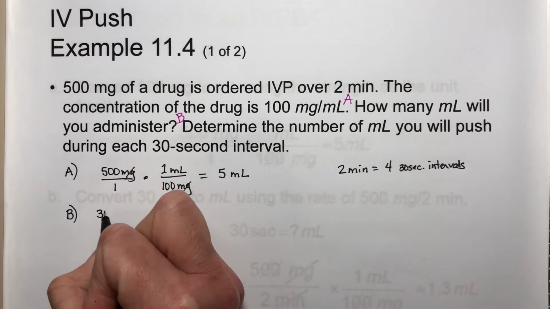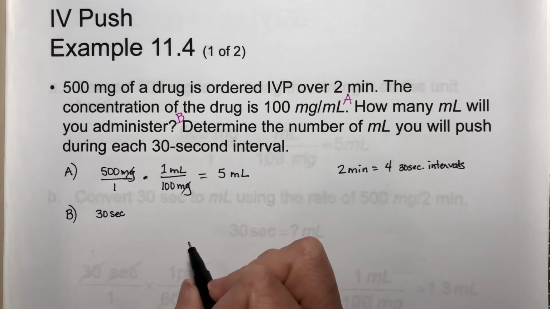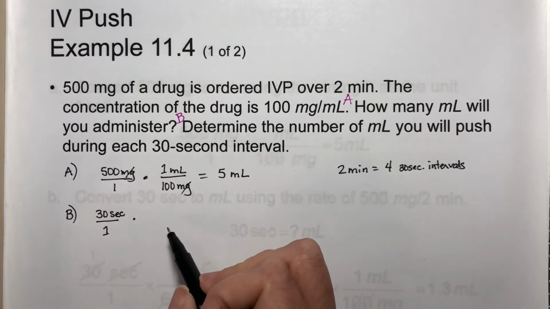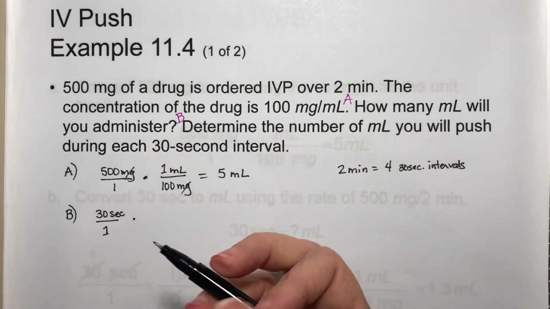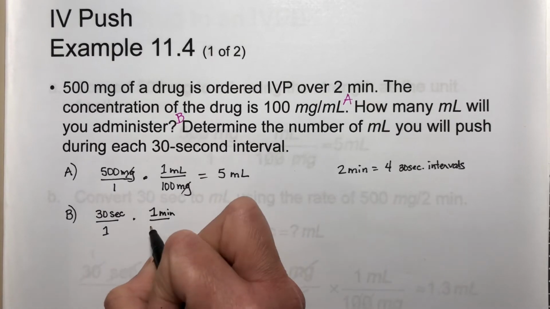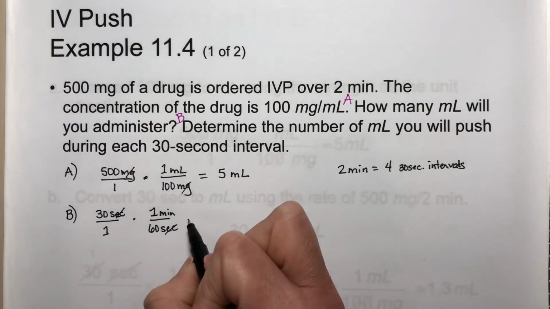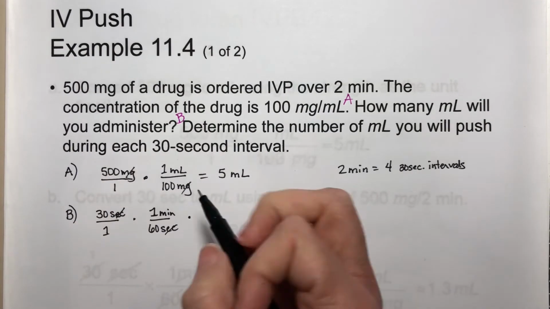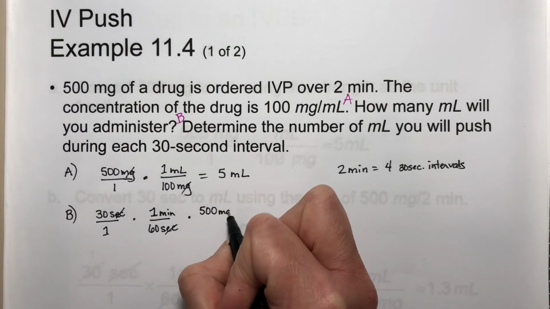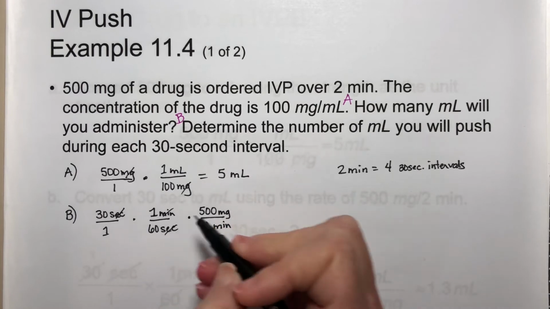I want to take 30 seconds and I want to convert it to milliliters. Okay? So I have 30 seconds, let's put that over a 1, times 1 minute because I'm going to minutes. For 1 minute, there are 60 seconds, so my seconds are going to cancel out, times the drug is 500 milligrams per 2 minutes. Now my minutes are going to cancel out,